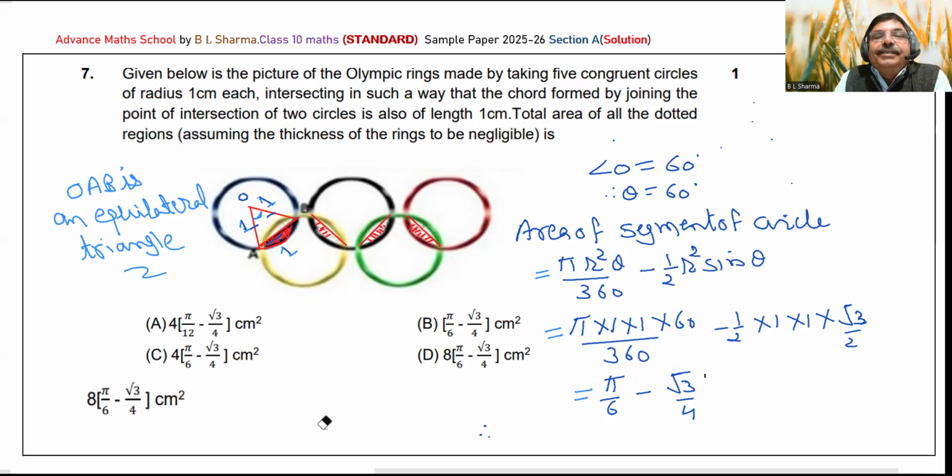So the area of the dotted region will be 8 times pi by 6 minus √3/4 centimeter square, and the answer is this. पहले एक सेगमेंट का आप निकालिए और उसको 8 से मल्टीप्लाई कर दीजिएगा। दैट्स ऑल फॉर दिस क्वेश्चन।